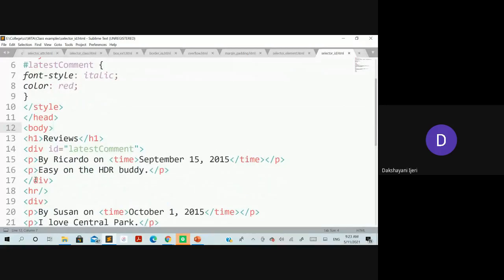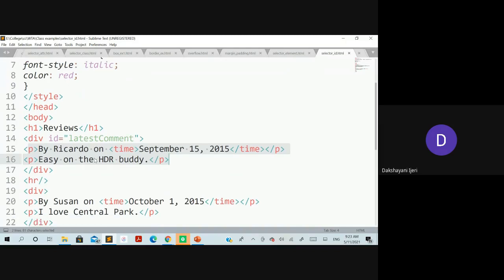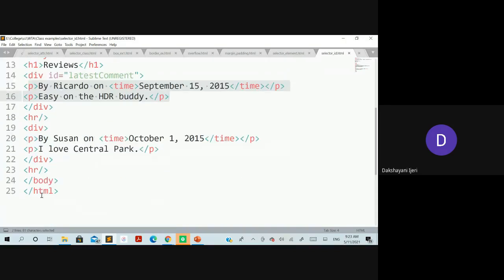And to which elements will it be applied? Since it is a parent element under which you have the two paragraph elements here, both these two paragraphs along with the time will be applied with these styles, right? In the rest of the cases, none of the other elements has been applied with these styles. That means only these two paragraph elements along with this time will be applied with these styles here. Okay, so let's run this program.